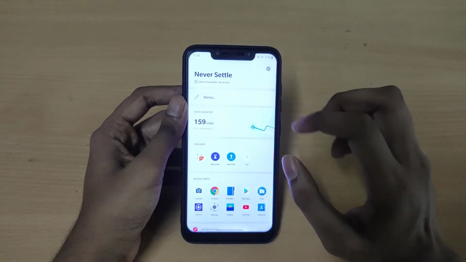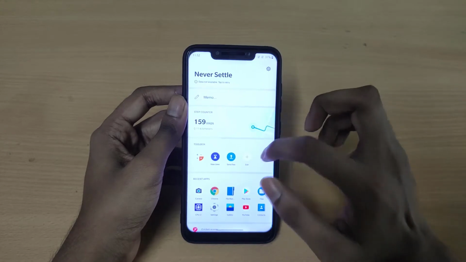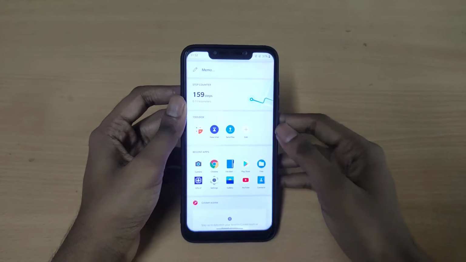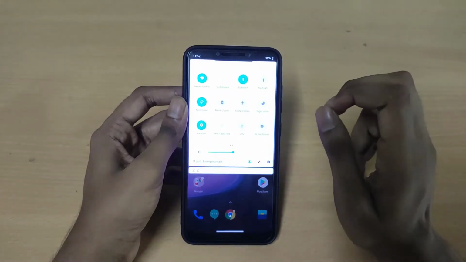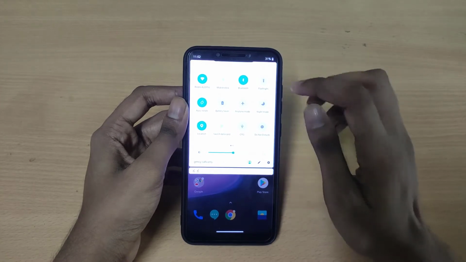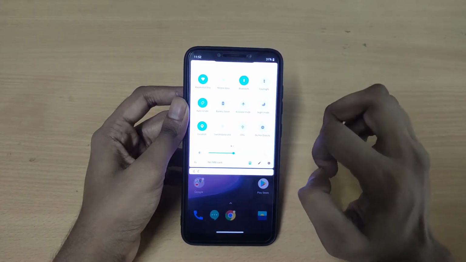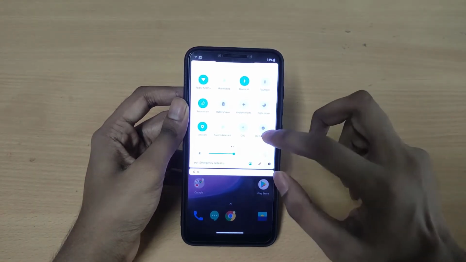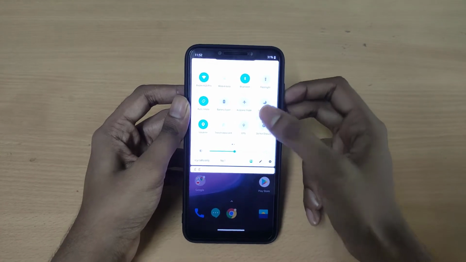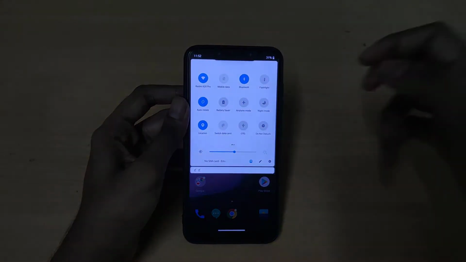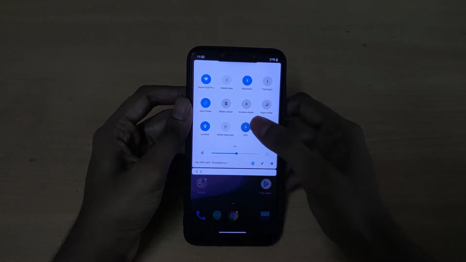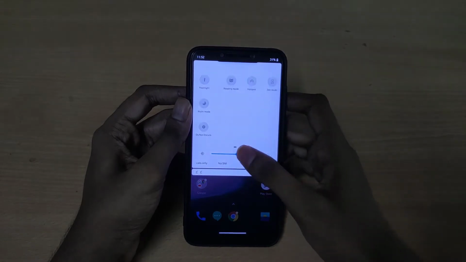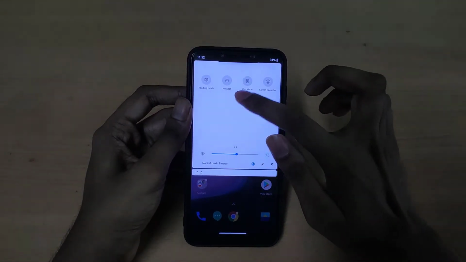As you can see on the left side here, you will see the step counters. You will also get the option for the toolbox, where you will see the new timer and send files. On the notification panel here, you will see the basic options. You will also get battery saver and night mode. As you can see, it will show a warmer temperature to save your eyes. You will also get an option for the OTG. If you want to connect your OTG, you just have to turn this on, otherwise you can't connect your OTG here.